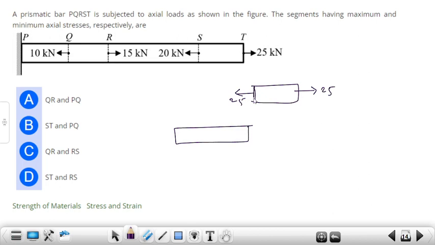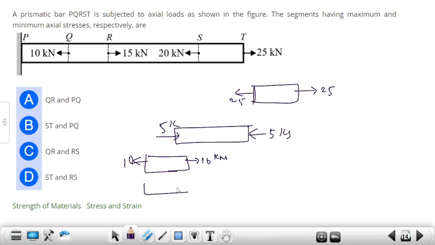We have to balance it. So extra will be 5 kilonewton, and this is also 5 kilonewton, and this is QR, this is also 10 kilonewton. This tension must be 15, so this is compression and this is tension, and this whole section will be 15, so this will be 10 kilonewton,